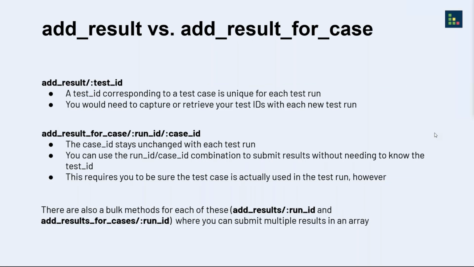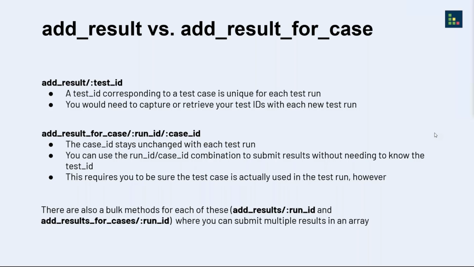So the reason I'm explaining this is the different API endpoints will use different items. Some API endpoints will use case IDs and some will call for test IDs. Getting these mixed up will either cause an API error or potentially result in results being added to the wrong test. Since your tests and test runs are based on test cases in your projects, you can submit